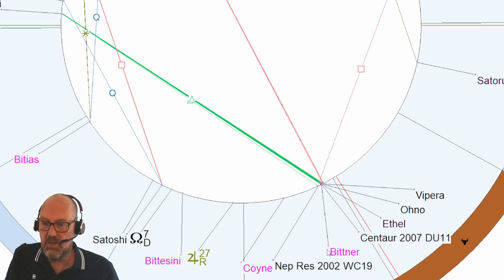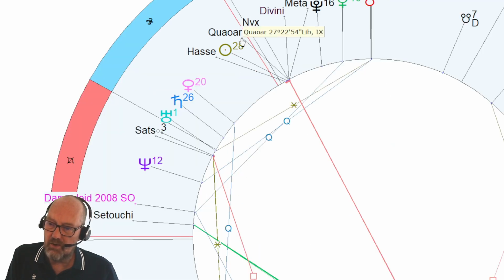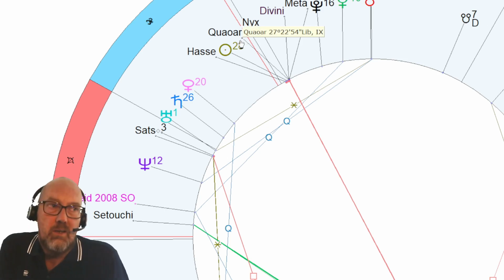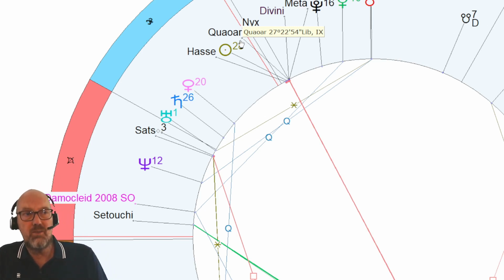First thing maybe you should notice is its position relative to the sun. It is opposite the sun. A quick look at the sun. We find here Kuaoar, difficult to pronounce but very important. It is about networks, more importantly about high tech networks and communication. That is what it represents.